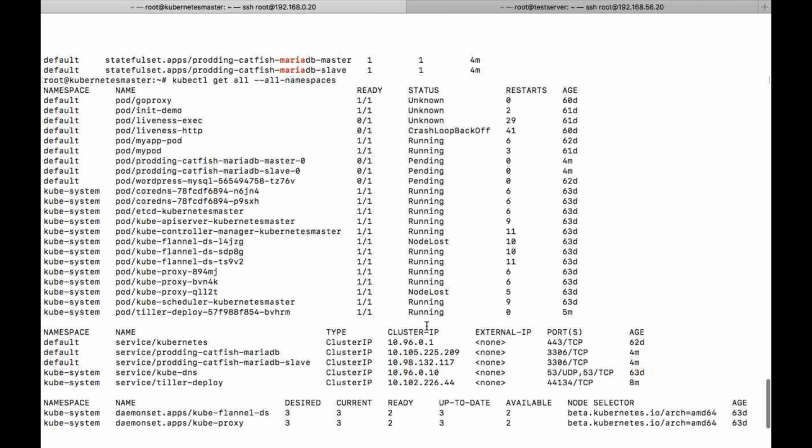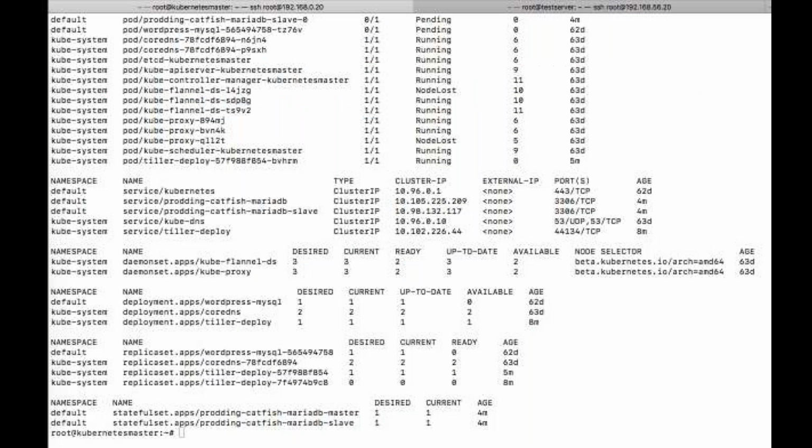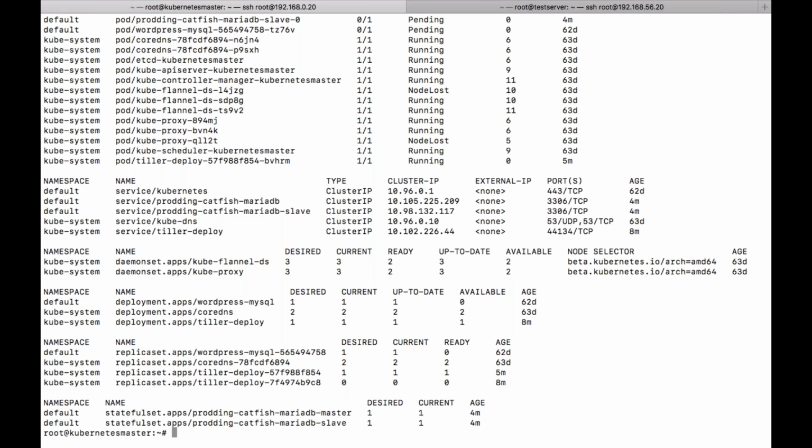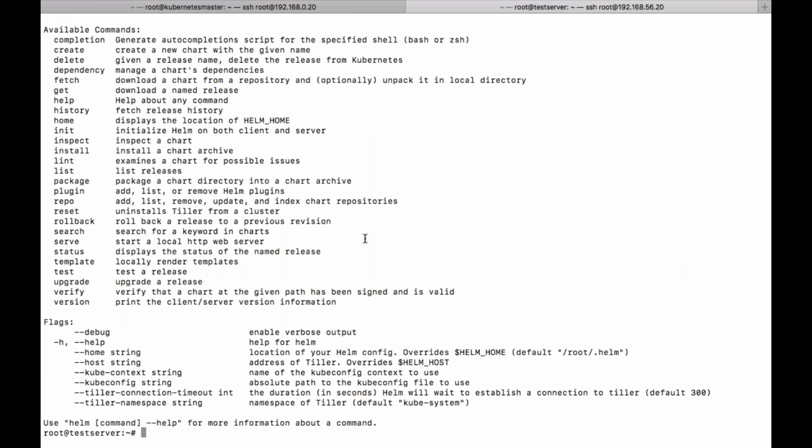Like let us say if you want to install MySQL, or deploy some other application, we just need to create a chart and install it. Okay, so the only point we need to remember is that wherever you install Helm, ensure that this Helm is able to communicate to your Kubernetes master.